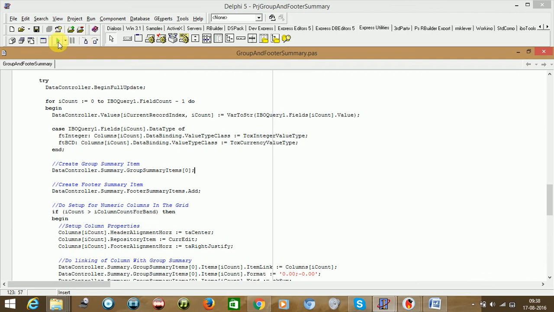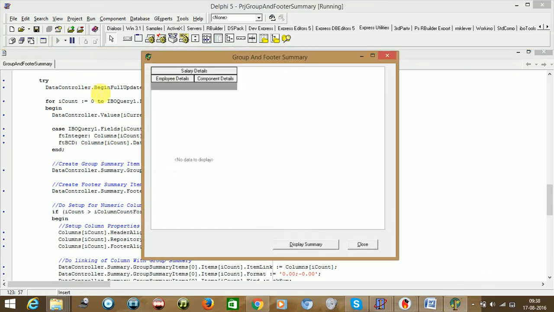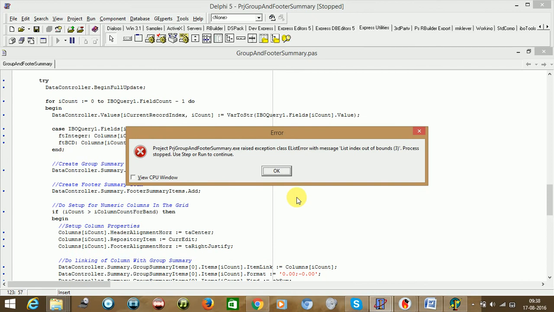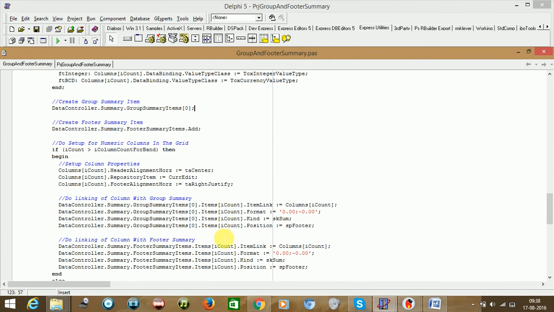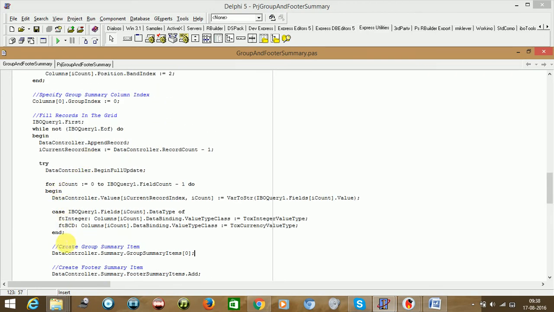Let us check if we have done something. List index out of bounds, 3. I think we have missed something. We have added group summary items 0 here. Let's put a breakpoint and check it.